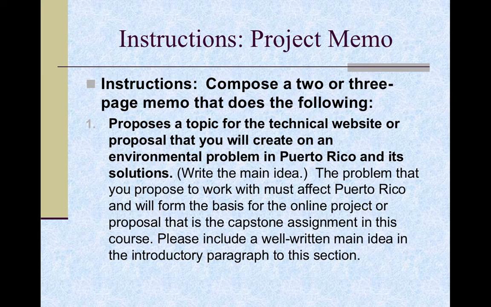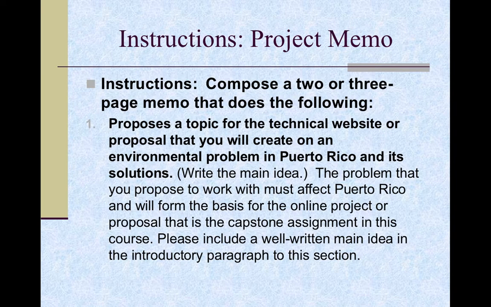The project memo should propose a topic for the technical website or the proposal that you will create on an environmental problem in Puerto Rico and its solutions, or a solution. And in this part of your proposal, you need to state the main idea. You need to have a declarative sentence that states both the subject and what you're going to say about the subject in your project memo and in your project,